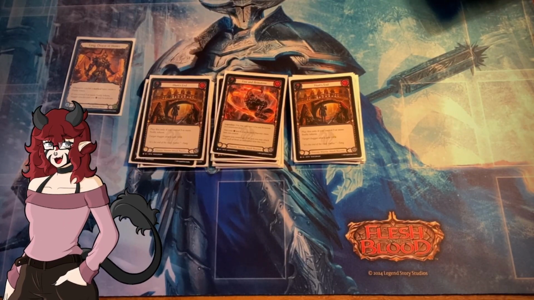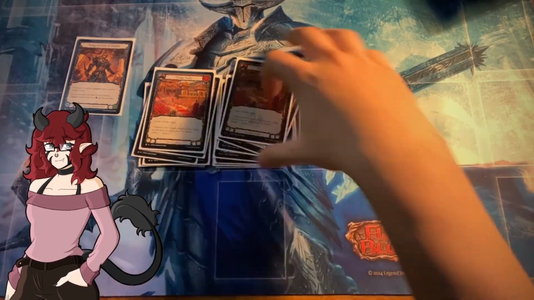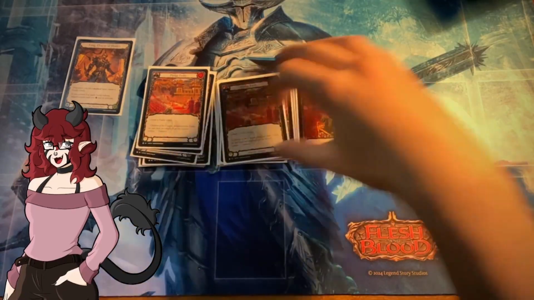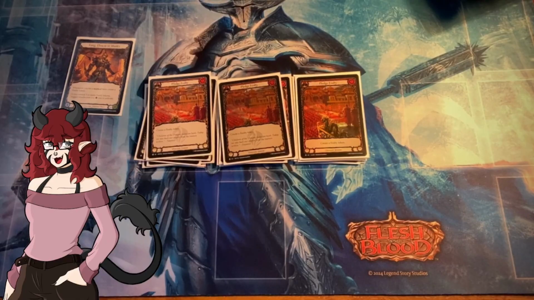All right, next we're gonna go into our Draconic instants. 3 copies of Pledge Fealty. It gets you a Fealty, guaranteed. It's instant. It does its job. Very simple. For Pledge Fealty,